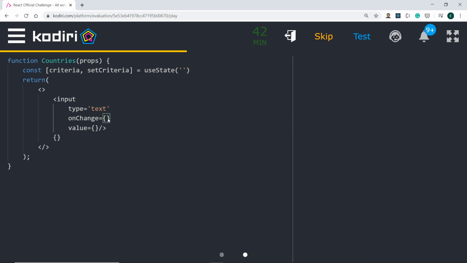So when we type something on the input, we're going to set the criteria. So set criteria to e.target.value. And we might not need the value. Let's delete it. So now we have the criteria. We have to filter the list. So props.list